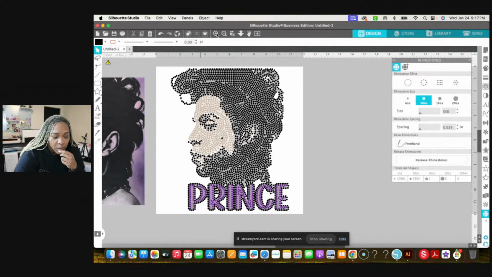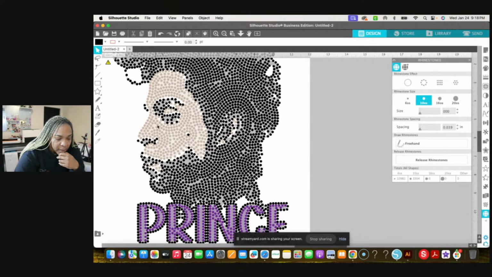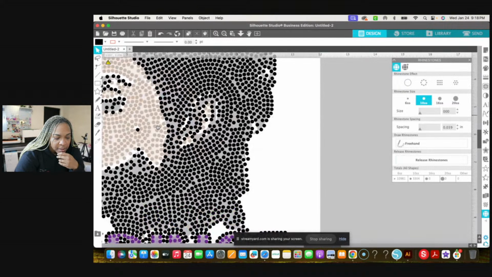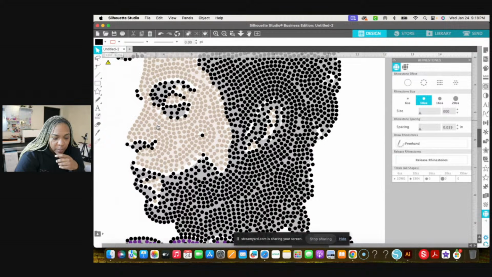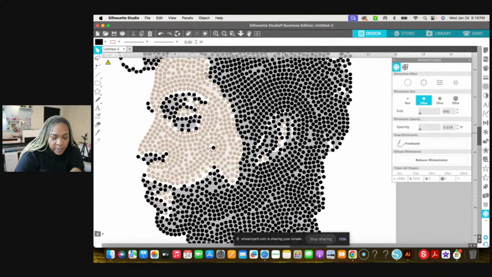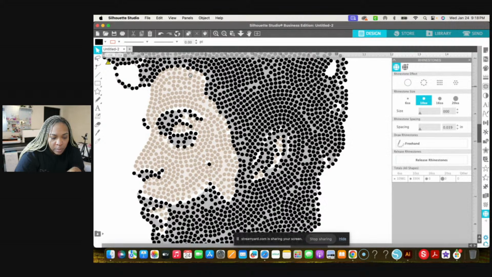Okay. So all I would do now is I would probably go through here, and you guys see where we have some space in between. Remember I told you guys how with layering, now y'all see how this would layer in perfectly with each other where we have the hairline. It would layer in perfectly. Okay, it's okay for the stones on the screen, if they're different colors, to touch. Not overlap, but they can touch a little bit. They just can't be the same colors touching, because when you get ready to cut it, it's going to put a hole inside of your